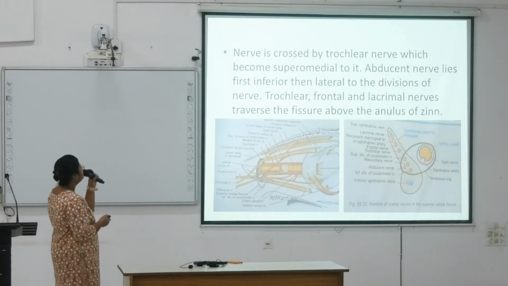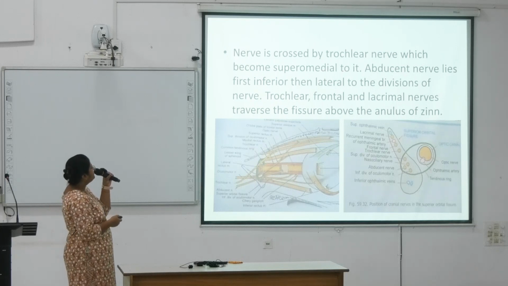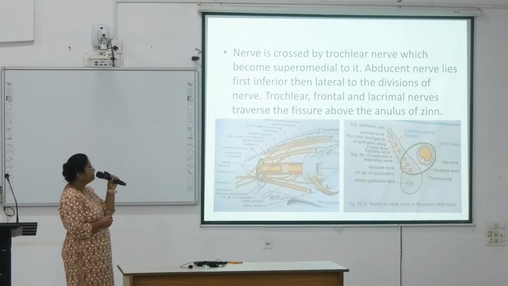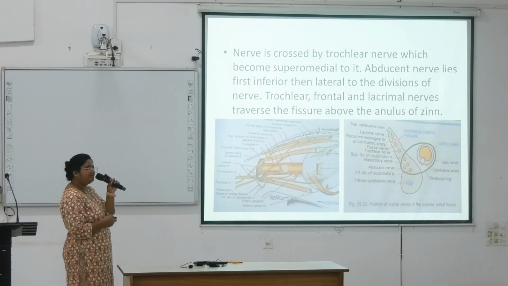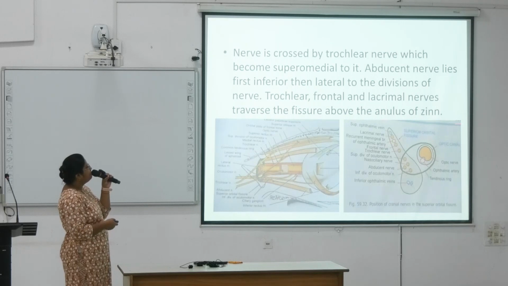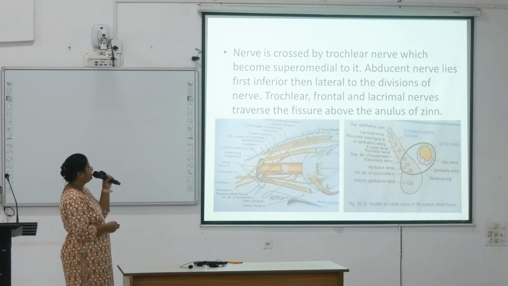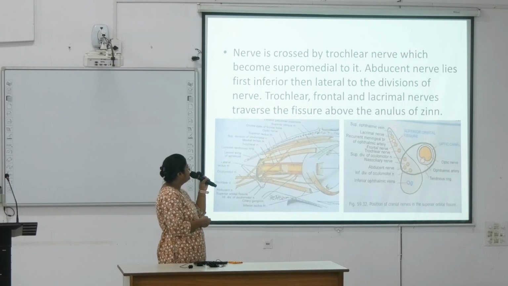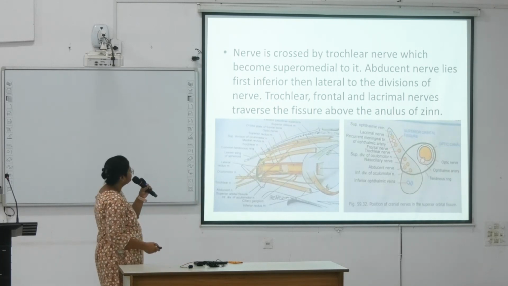the nerve is crossed by the trochlear nerve, which becomes superomedial to it. An abducent nerve lies first inferior and then lateral to the divisions of the nerve. Lacrimal, frontal and trochlear nerves, LFT, okay, traverse the fissure above the annulus of Zinn. Okay, here, that means in the lateral compartment, they are passing: lacrimal, frontal and trochlear. Next,